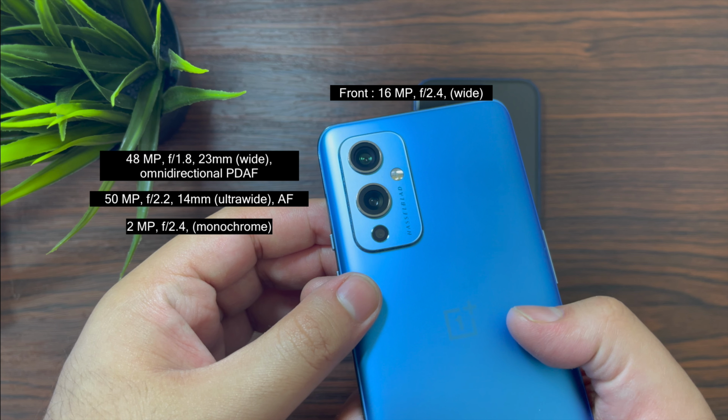So the iPhone on the other hand has a dual camera setup compared to the triple camera setup of the OnePlus. So it has a 12 megapixel wide, a 12 megapixel ultra wide with a higher field of view, that is 120 degrees compared to the 116 on the OnePlus, and a 12 megapixel wide on the front. So that's it, a dual camera setup at the back, and all of them a 12 megapixel setup. So let's see how they fare against each other.